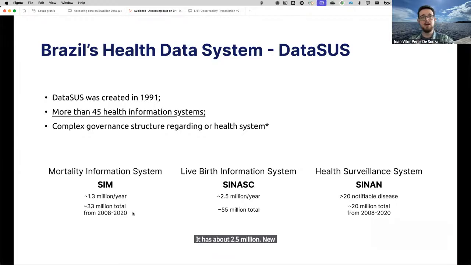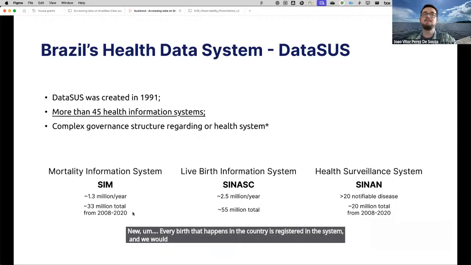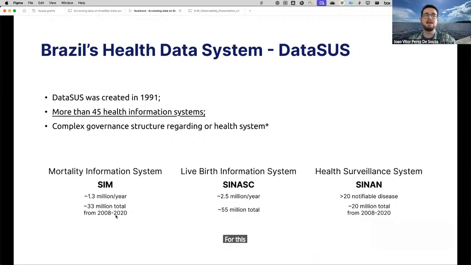So every birth that happens in the country is registered in the system, and we would have about 55 million total births registered for the same slice. I forgot to add, 2008 to 2020.